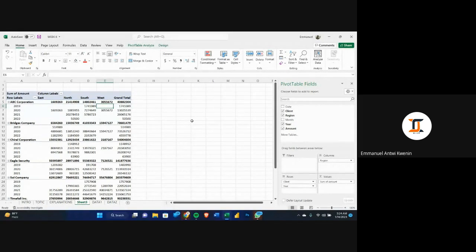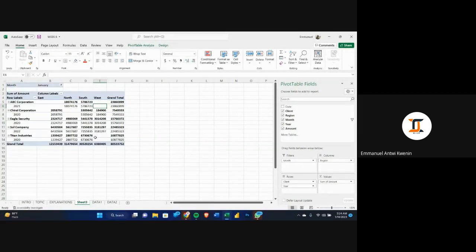Now, if you want to go and sleep and come back and decide to include months, I want to find out how much we are making in a month. Quickly come. Let's say we want to add months to filters so that we can filter. Now, let's say we want January. Click on OK. Okay, so in 2020, 2021, in ABC Corporation, we had this in the north, this in the south. In the other corporation, we had this. So based on